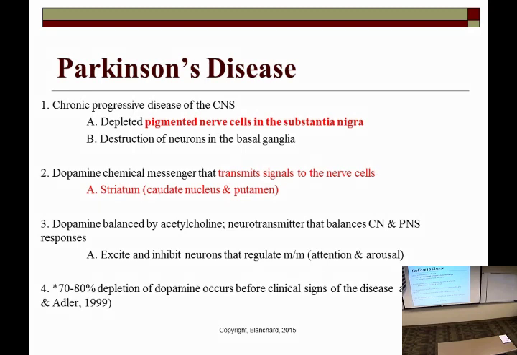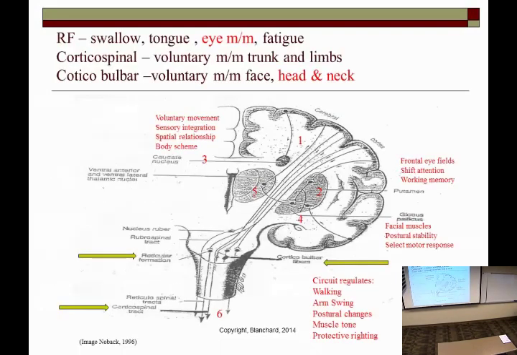We know that dopamine is accompanied by or balanced by acetylcholine. And this is another neurotransmitter in the central nervous system and the peripheral nervous system that allows us to be excited. It can be excitatory or inhibitory. It balances those two things. It also balances our level of arousal and attention. Unfortunately, a lot of our clients with Parkinson's disease will lose 70 to 80% of their dopamine before they start to see these signs and symptoms. And so by that time, they know something is wrong, but it's quite a ways down the road. Okay, so that's my absolute favorite